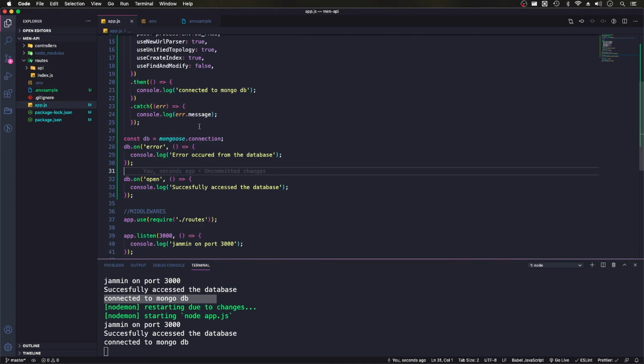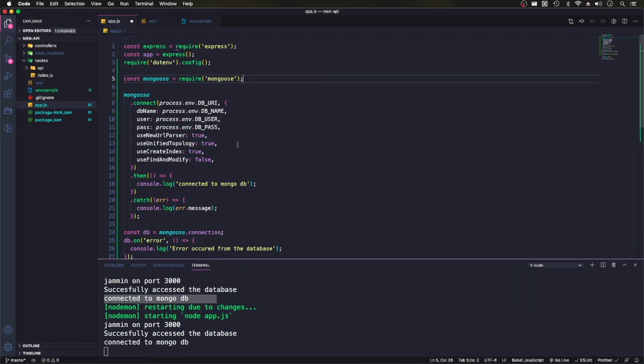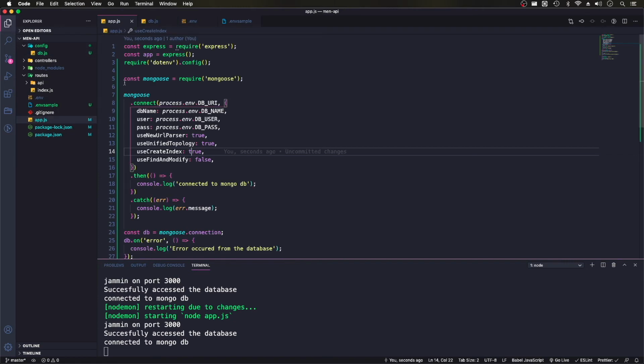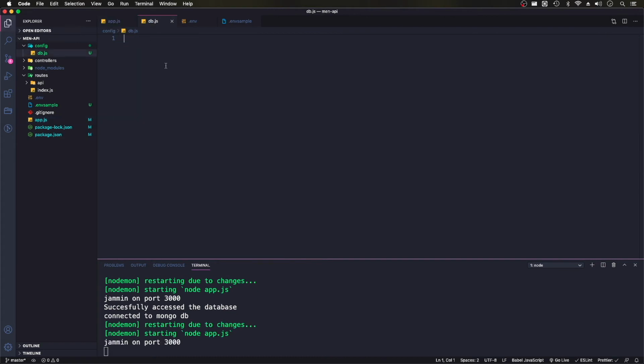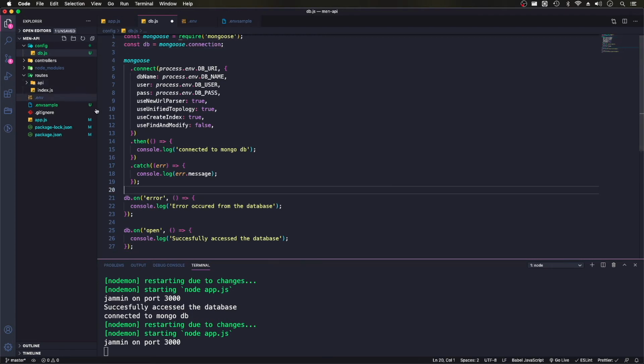Now I don't want to have the database connected within our app.js. So I'm going to remove this and put it into its own file. Create this as a config file here, db.js. And in here, let's grab this, comment that out, paste it into here. Okay, I'm going to move this up here, all that, and do